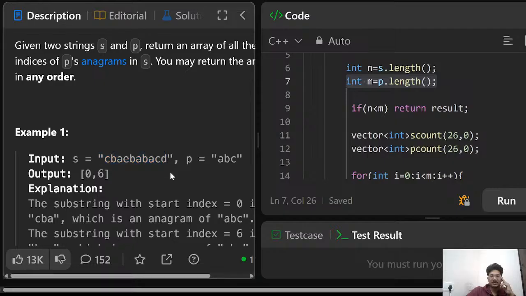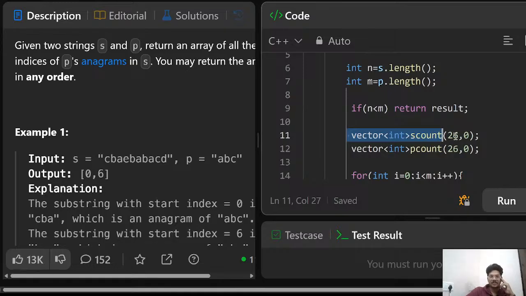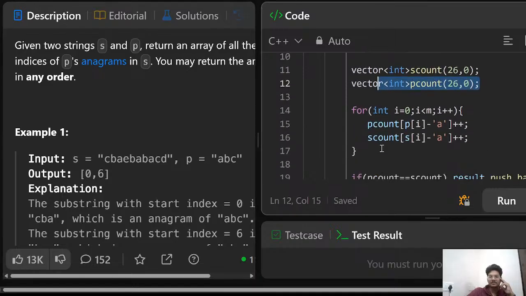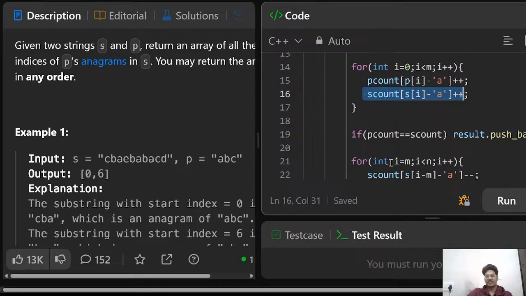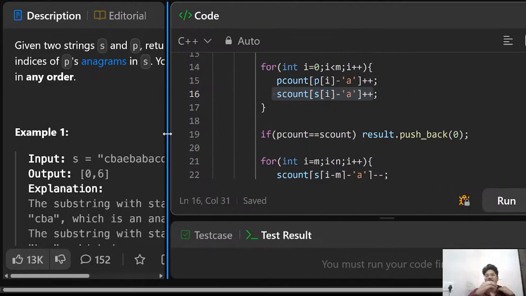For storing the characters of S, we create a vector of int, S count, of size 26, comma 0. We have to store the count of each character A to Z for P count as well. We run the loop and count everything. So how do we count? P count of P of I minus A plus plus. In this we get the count of A, B, C, D in the element. Okay, if P count is equal to S count, in that case we put the result,